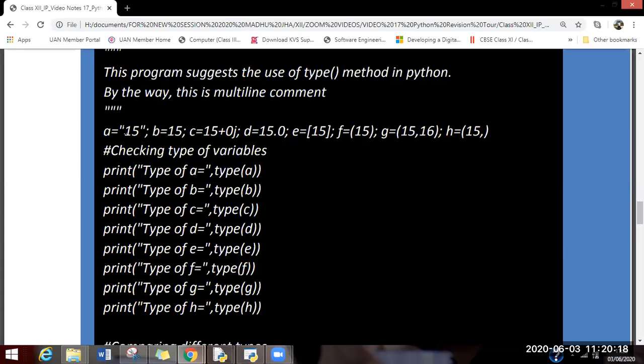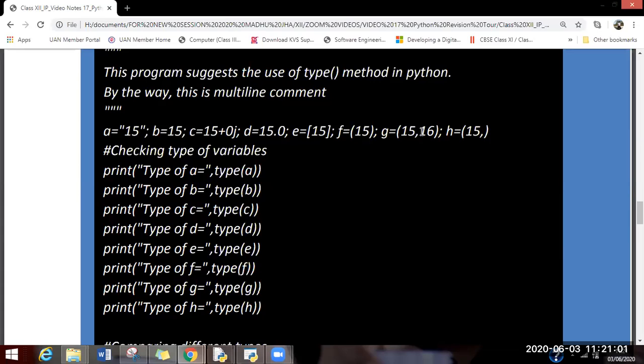Over here you can see that A is of type string, B is of type int, C is of complex type, D is of float, E is of list type. When you come to F, you can see that there are round brackets over there. Because of round brackets, it comes to our mind that this is a tuple, but no, it is not. Whenever you are trying to create a single element tuple, you must ensure that it is appended with a comma, as you can see over here. So 15 comma, over here, H is an example of tuple. So what is F? F is an int value and it is not a tuple.